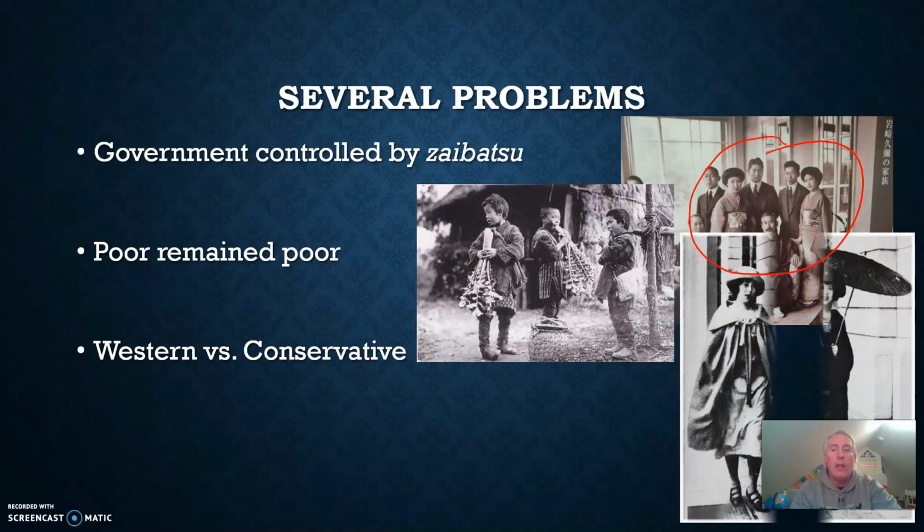In cities, the younger Japanese adopted Western styles and fashions, as you see by these two Japanese women. The fashions that they're wearing here, you'd see that in London, Paris, New York, any of these Western cities. Conservatives, especially in the military, condemned these movements as going against core Japanese values of obedience and respect for authority. Remember, that was always a very, very large part of Japanese culture, the respect for authority.